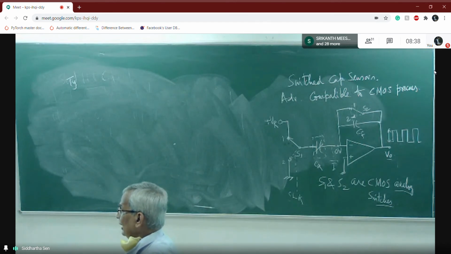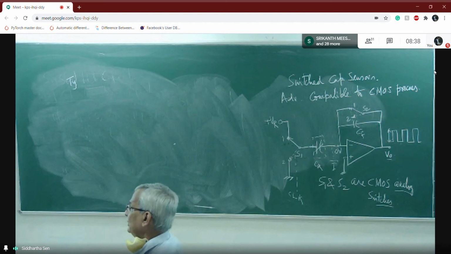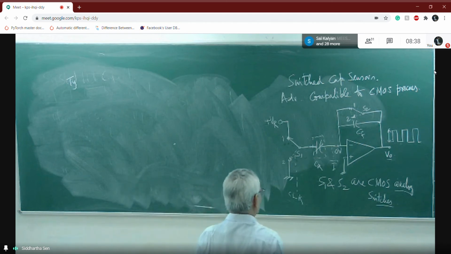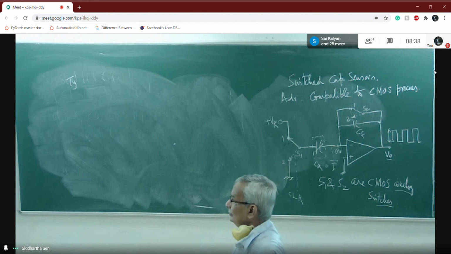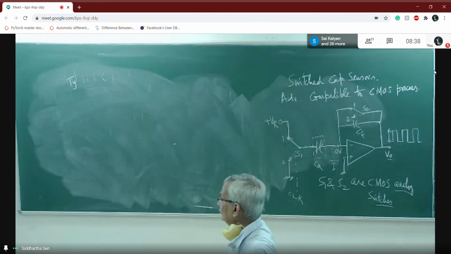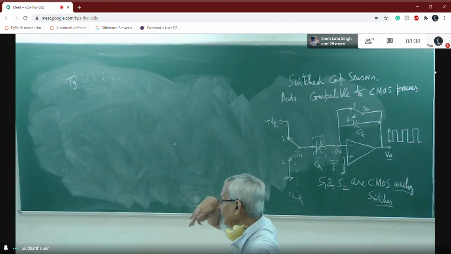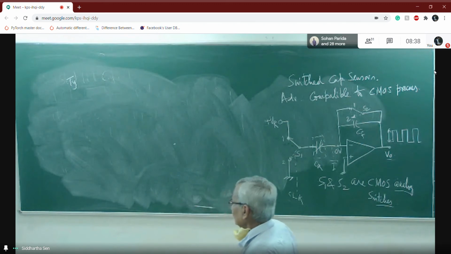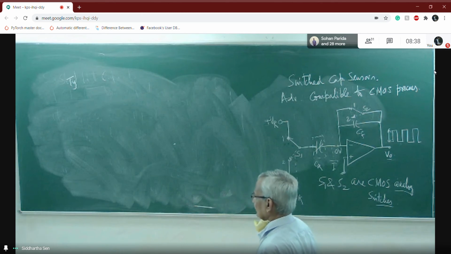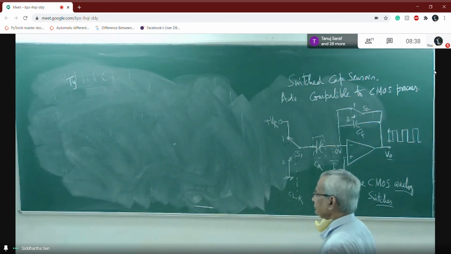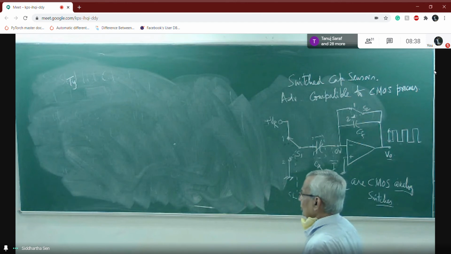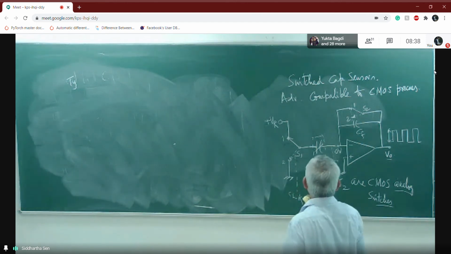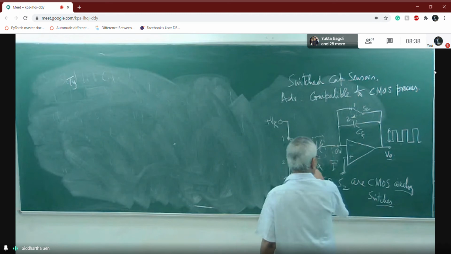You are saying that if the input is a square wave, we get an output of square wave like this here. Yes, sir. So if the input is a square wave, the output is also a square wave with the same frequency, and there is no phase difference, no negative multiplier like that. But what would be the output if we input a sinusoidal wave? Will there be some kind of phase shift? Okay. Your question is a good one.